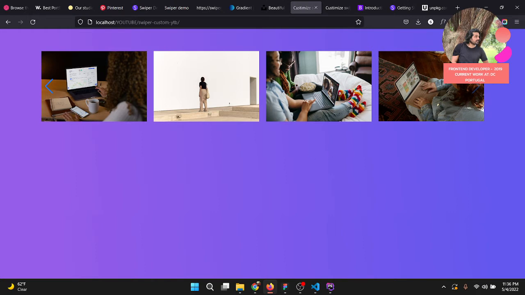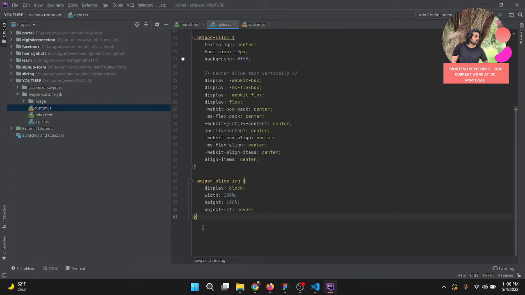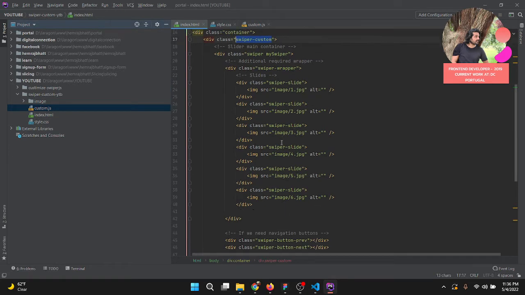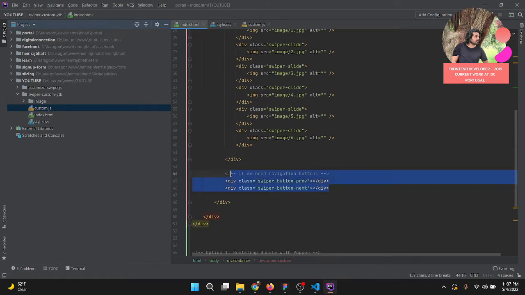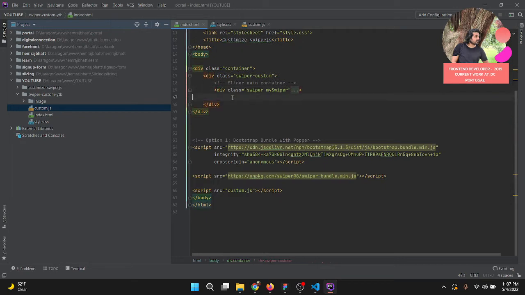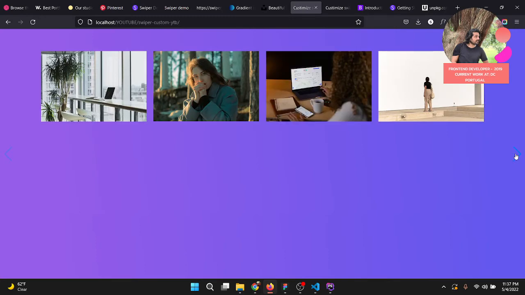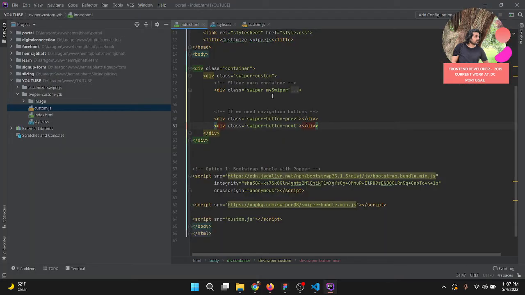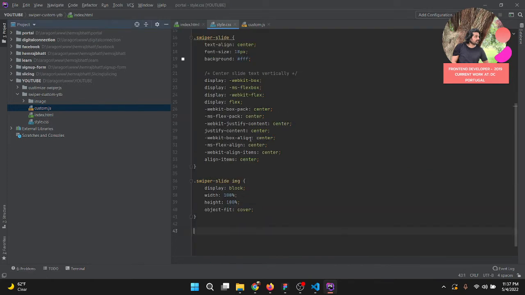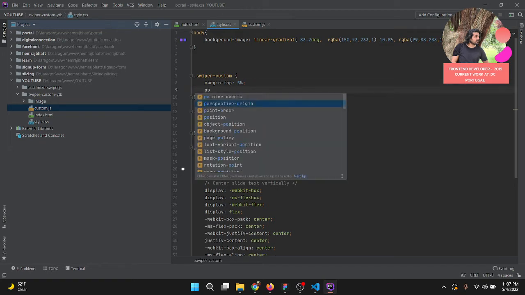For this I have to go here again. Let's add this. First of all, guys, you have to bring this both button outside of swiper. Let's close this outside of this. Okay, if you bring this outside, you can see these are here. So we have to make swiper custom is relative. Let's make position relative,